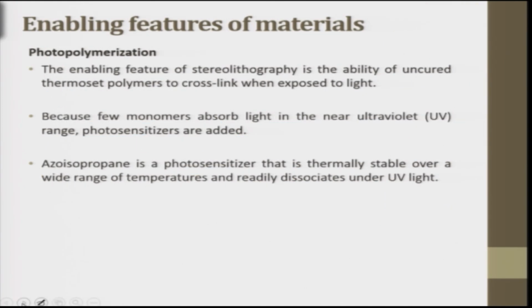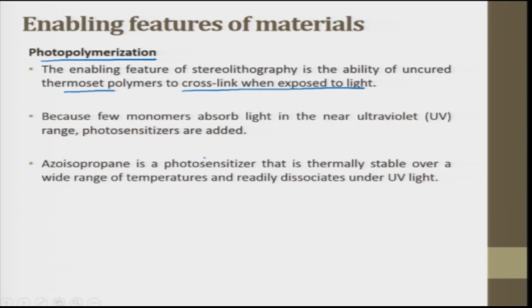Next enabling feature for materials is photopolymerization. This is discussed in detail in the previous lectures when we discussed photopolymerization based rapid manufacturing processes. The enabling feature of stereolithography is the ability of uncured thermoset polymers to cross link when exposed to light. This is